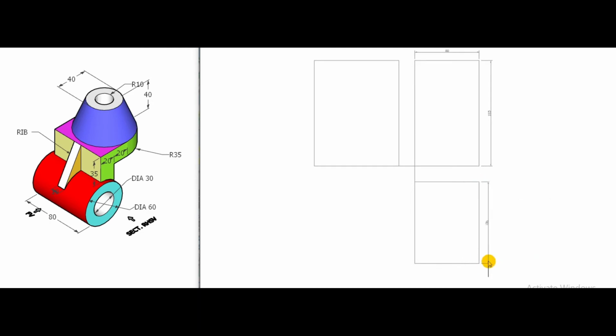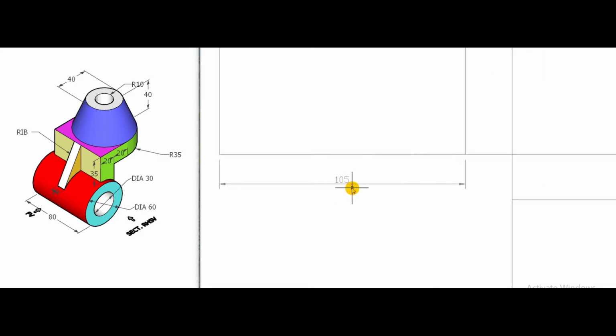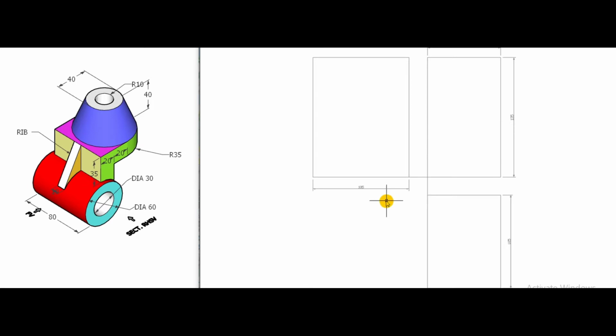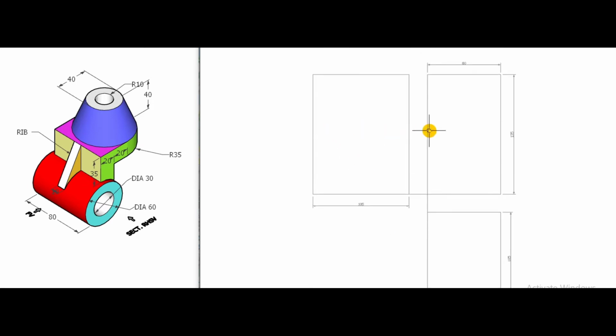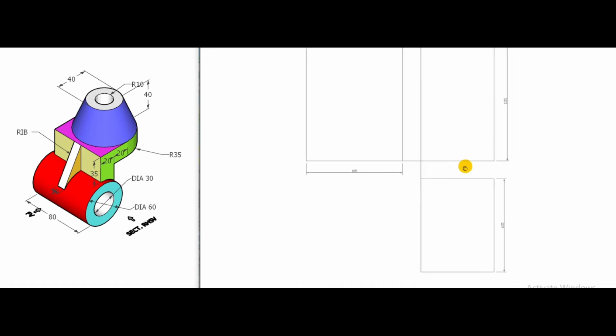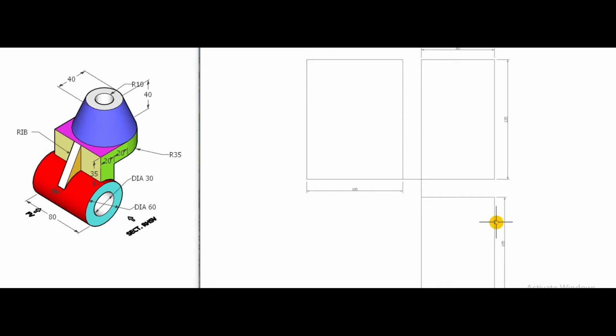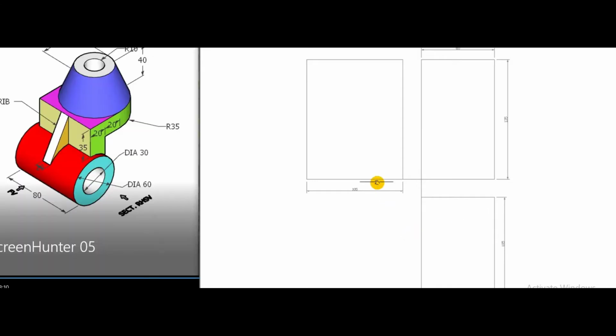This is the width, this is the length, and this width should again be 105 millimeter. So these four vertical lines will indicate the height, these four horizontal lines will indicate the length.